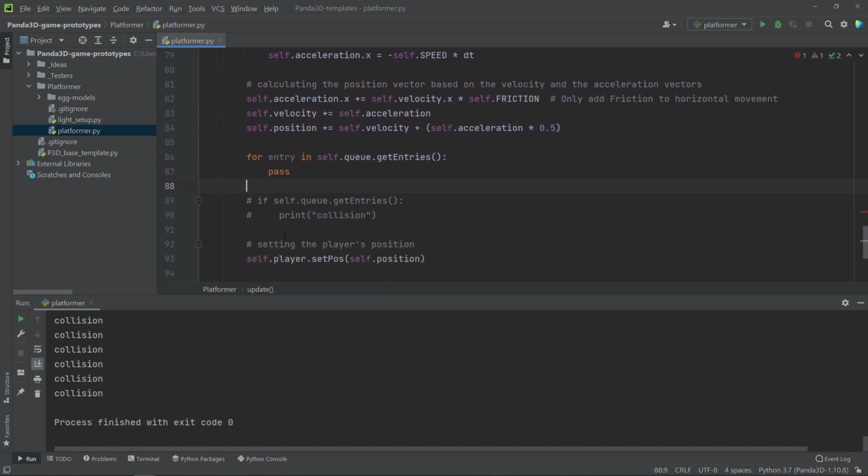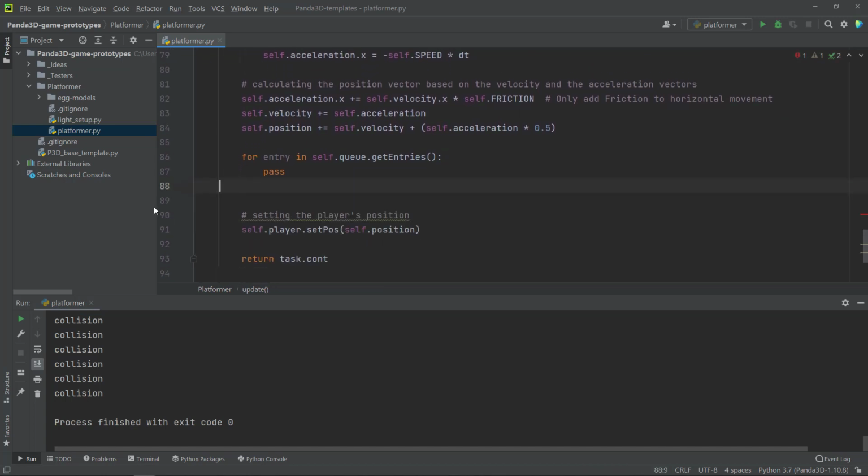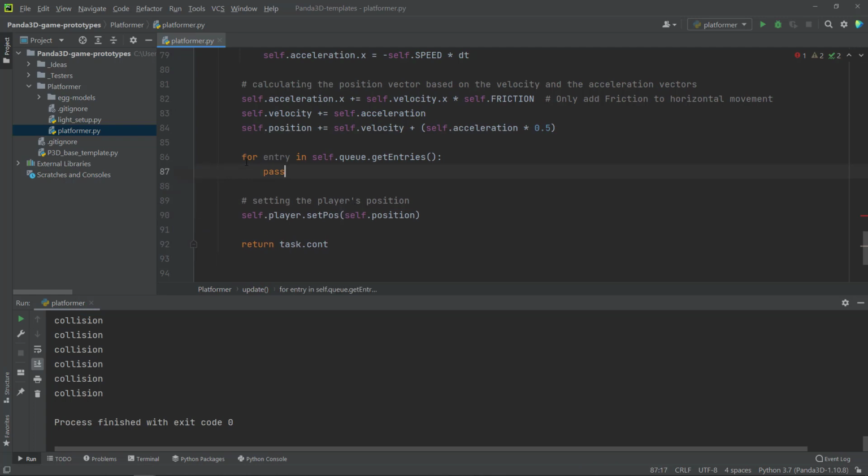Although I don't need this if statement, I'm going to delete it completely. So here we are going to loop through for entry in self.queue.get_entries, and to actually get the node path